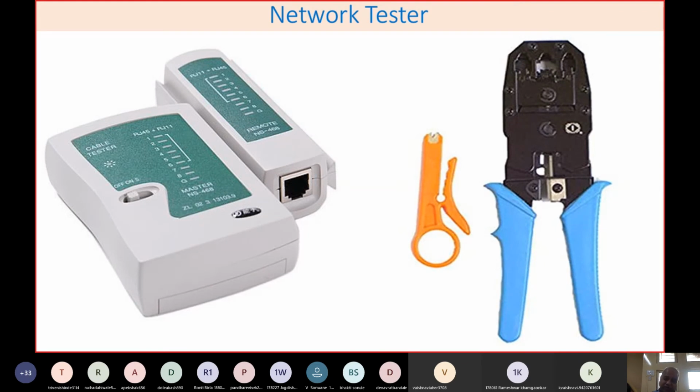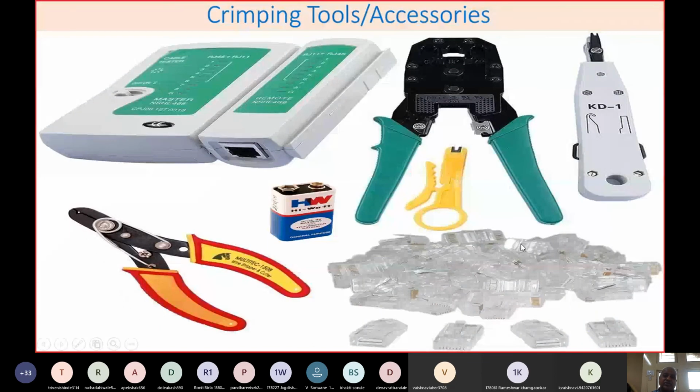Or even if you want to test whether the cable is working or not, you can use this cable tester, which is just a continuity tester, but it is devised only to check whether your RJ45 connection is properly done or not. And as I said, these are the other tools. We may have RJ45, this is the plugger, cutter, etc. If you have these four tools, I think this is enough for any person having a good knowledge of networking. He can do anything in the network if you just have these four tools with you.